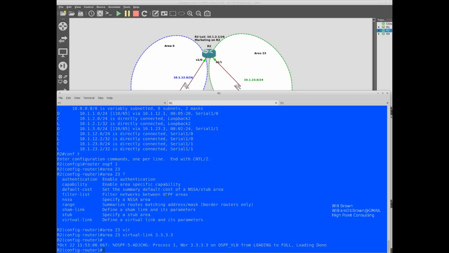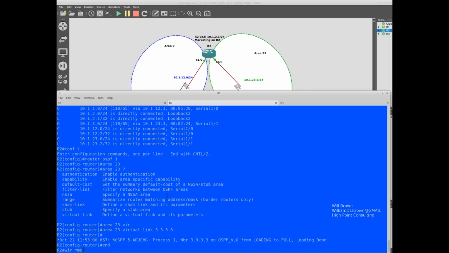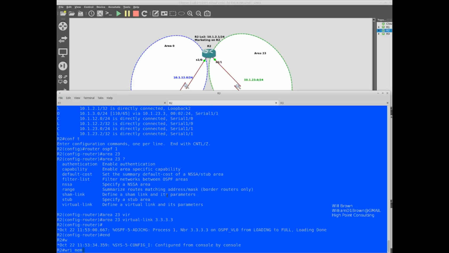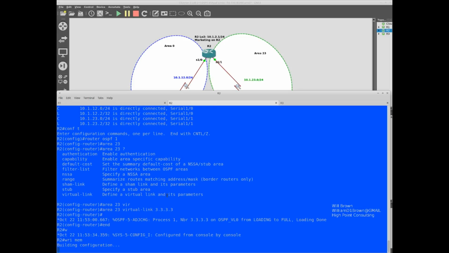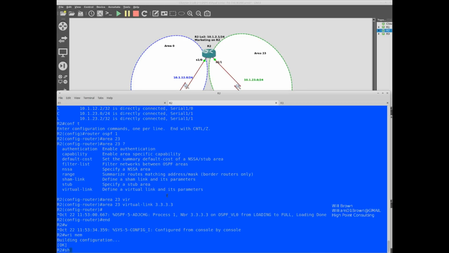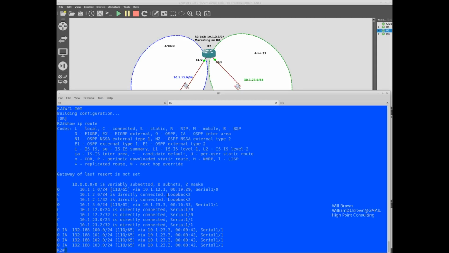Well, let's go back to router 2. Copy run start. And let's take a look and say show IP route. Now our routing table has changed.